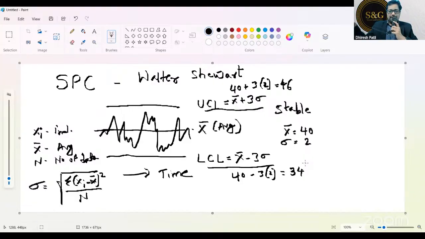Now, is it clear, everybody? With this simple example with calculation and formula. Just give me yes in the chat box. Yes? Very good. Now, the next question comes, which a lot of people ask, about why only plus 3